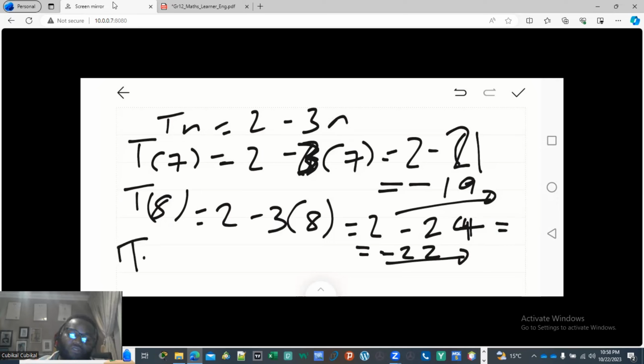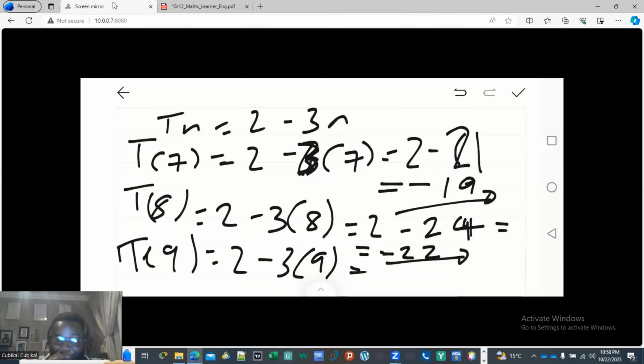So here we say T9. That is going to be a 2 minus 3 times 9. So 9 plus 9 is an 18. And when you add another 9, you're going to get a 27. So you're going to get a 2 minus 27. And you're going to get a negative 25. Let me just get a little bit of space here. Negative 25. And if you say negative 25 minus negative 22, you're going to get negative 25 plus 22, which is actually